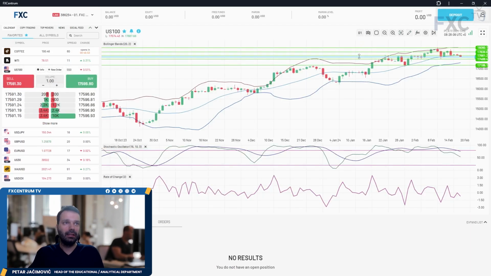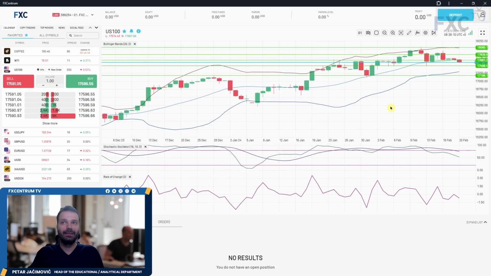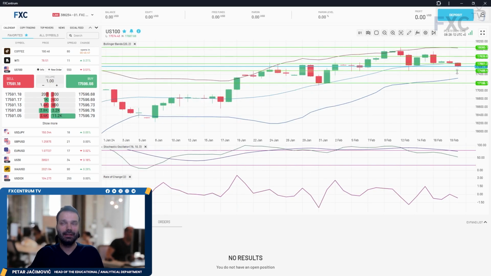Now, the next symbol that we'll cover is US 100, and we can see that there is a downside move this morning. So the market is trying to test this pin bar low from a couple of days ago at 17,498. The stochastic oscillator is sloping to the downside, both fast and slow moving averages, and the rate of change flipped to the downside. So this is for now the downside momentum this morning, and the chance to retest this